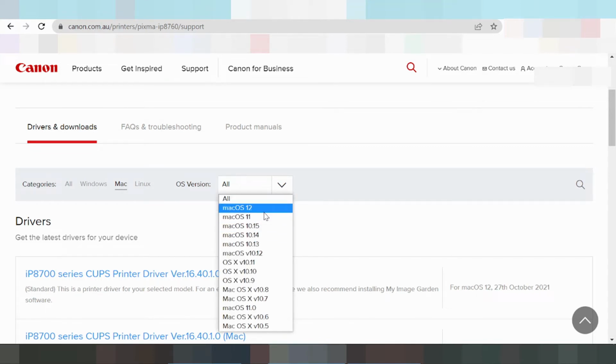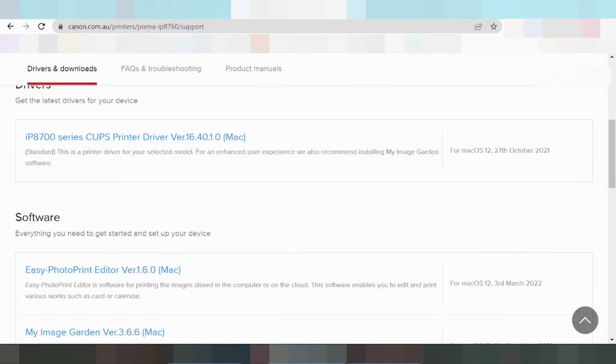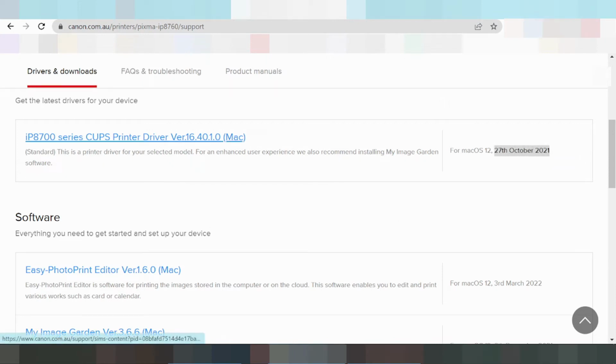This is the operating system list for Windows, for Mac 11 and Mac 12, and many drivers for Mac versions. Click here, I am testing for Mac 12. Click here, and this here is the driver, and this here is the release update. Okay. And this here is the driver